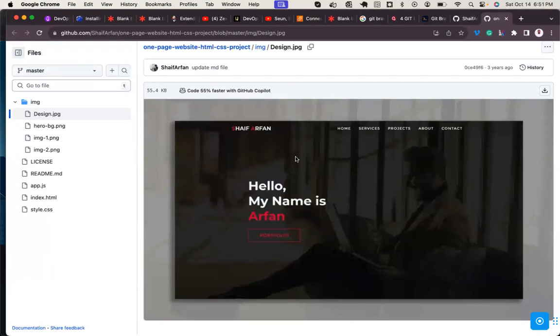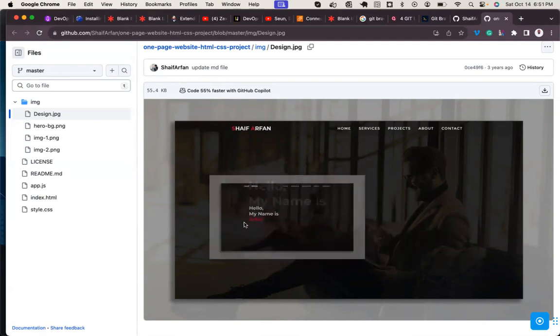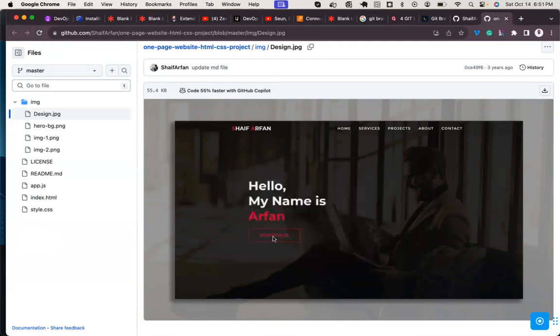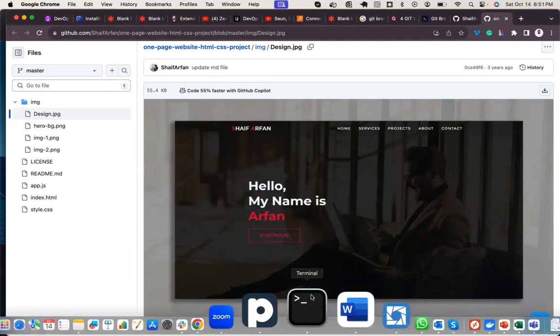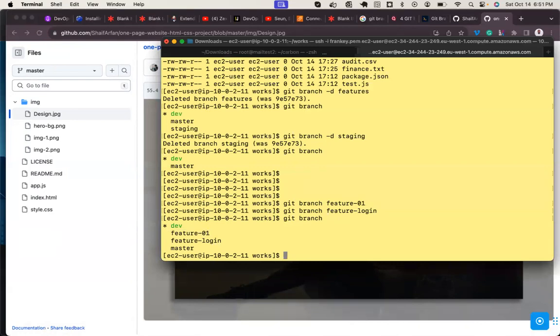Now, assuming in the development of this application, the client said, I don't like the portfolio line staying below my name. I want my portfolio to be somewhere at the top. Now, the developer is going to create a branch.